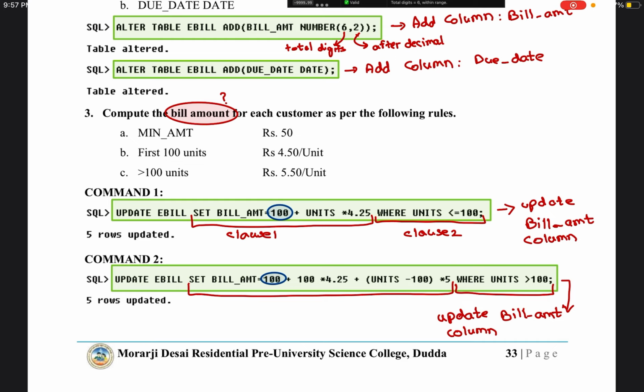It may seem complicated, so we'll give some extra time. Update ebill, update my table name, and set the column. I am asking the SQL, please update my table. Okay, and particularly this bill amount, set my column values, all the values, based on a mathematical formula where